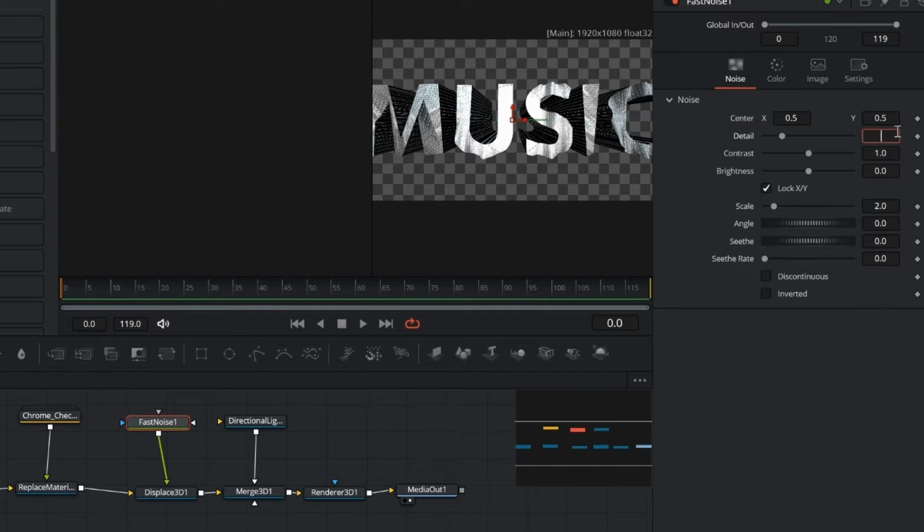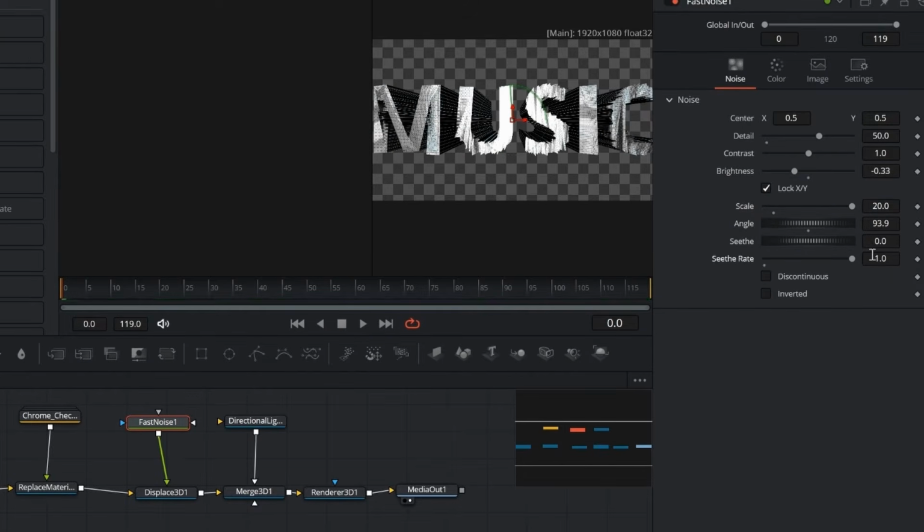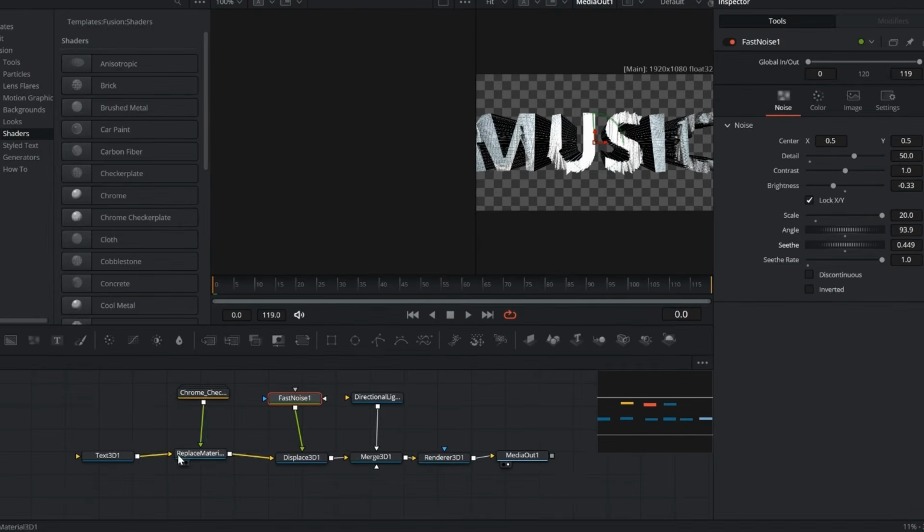Now let's adjust the Fast Noise. Set the detail to 50, brightness to about -0.4, and scale to 20. You can also tweak the angle, set the seed rate to 1, and the seed to around 0.4 for nice movement. Since the text is sticking out too far, jump back into the Text 3D node to fix the size